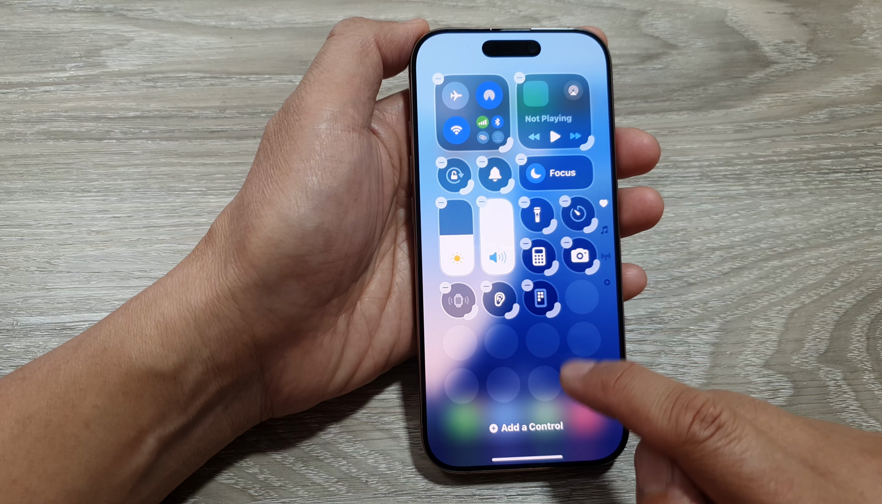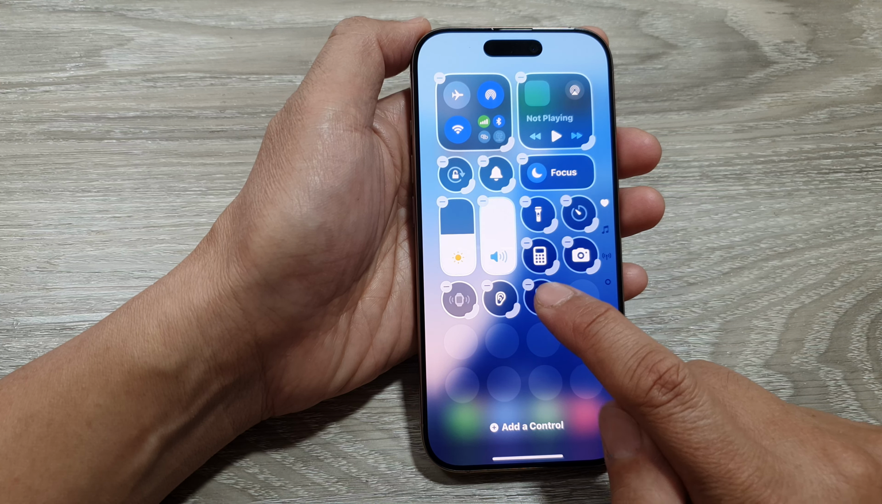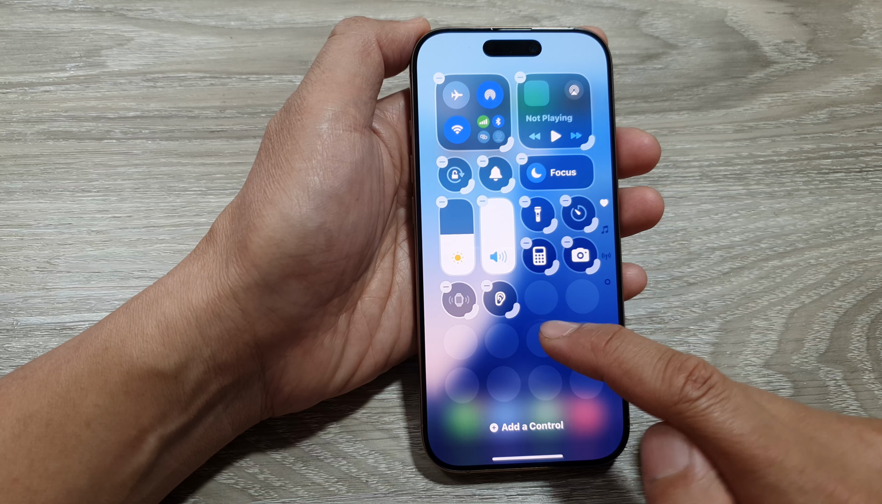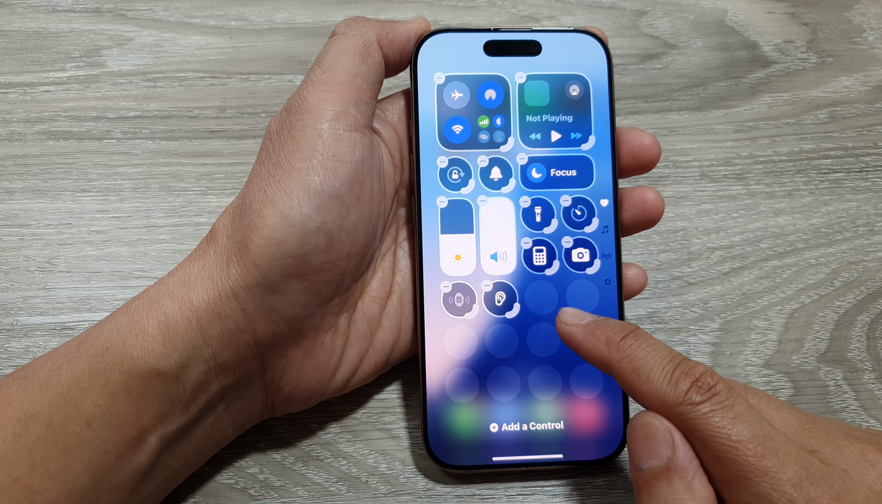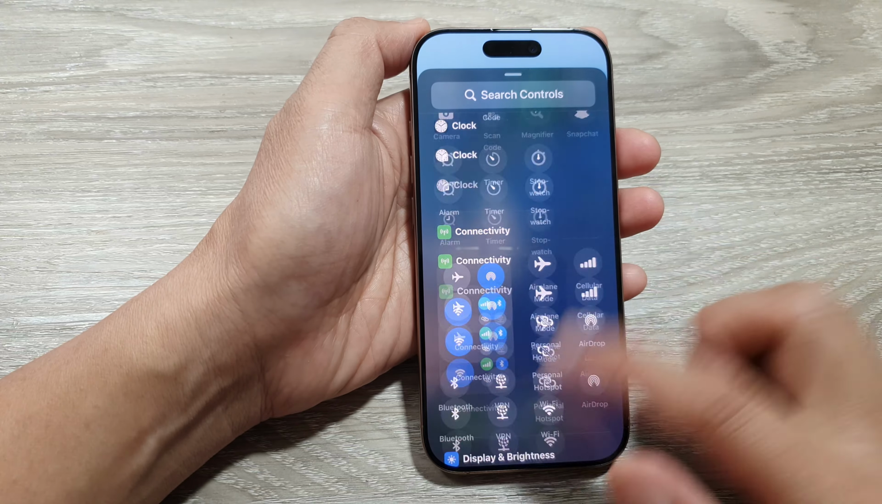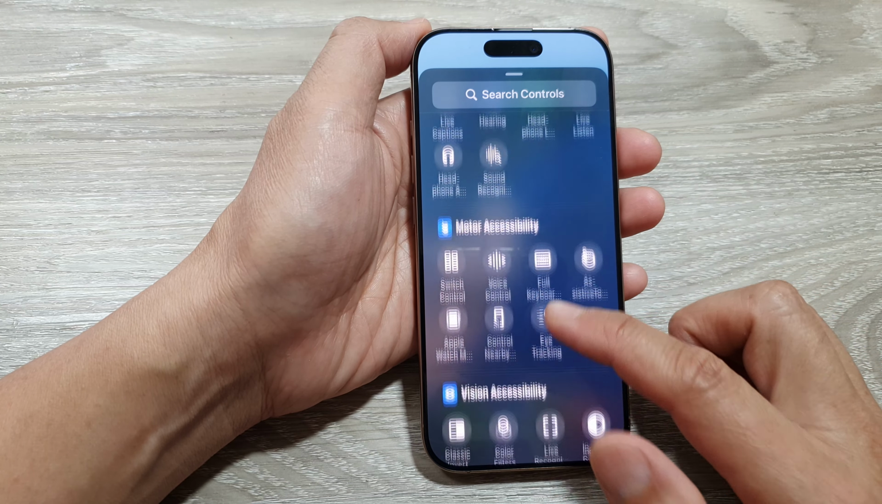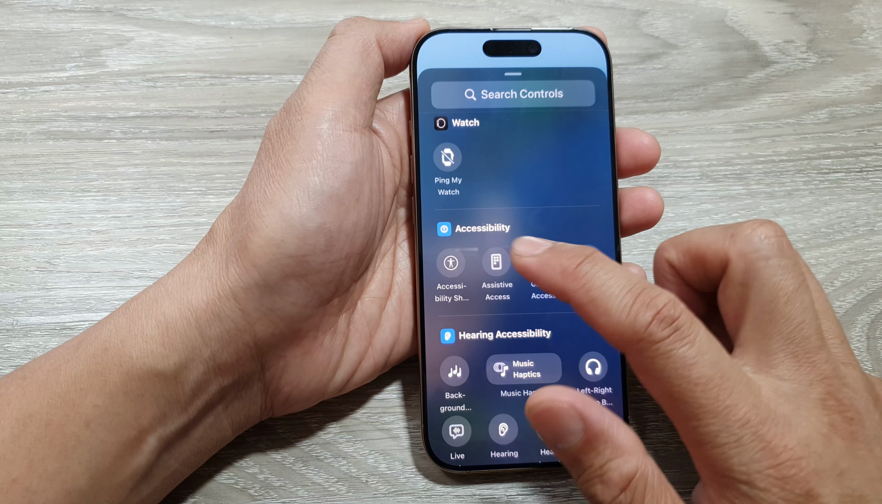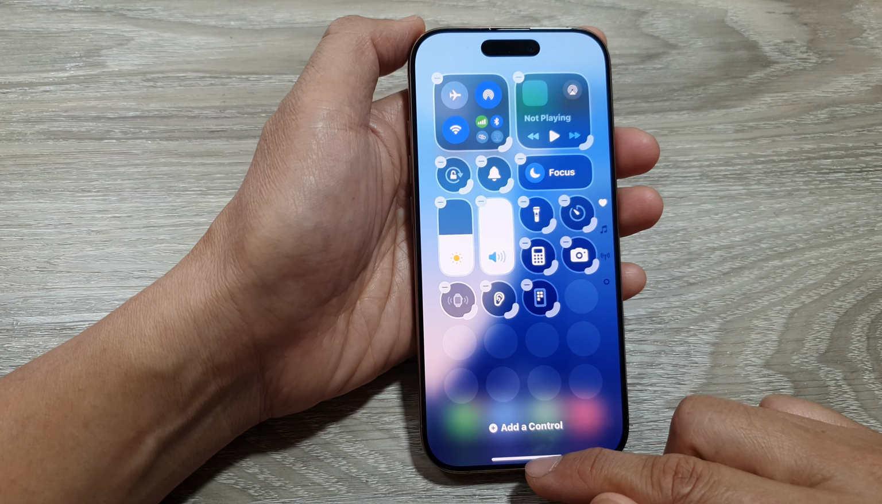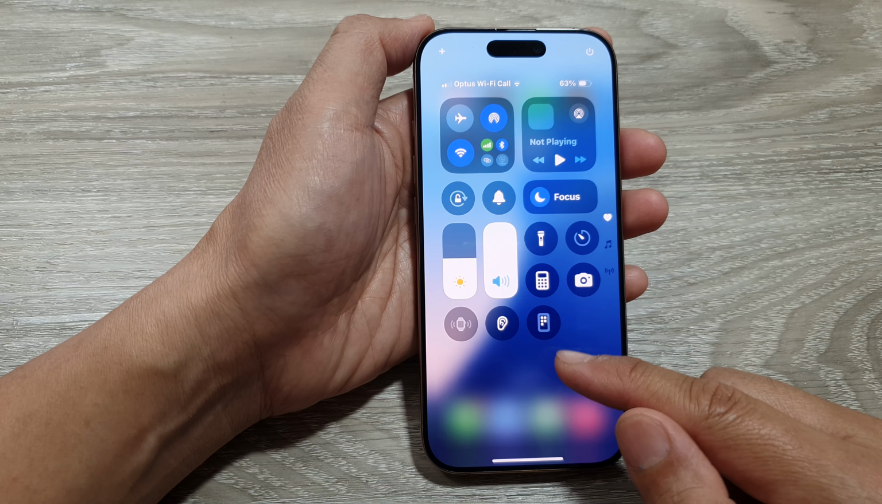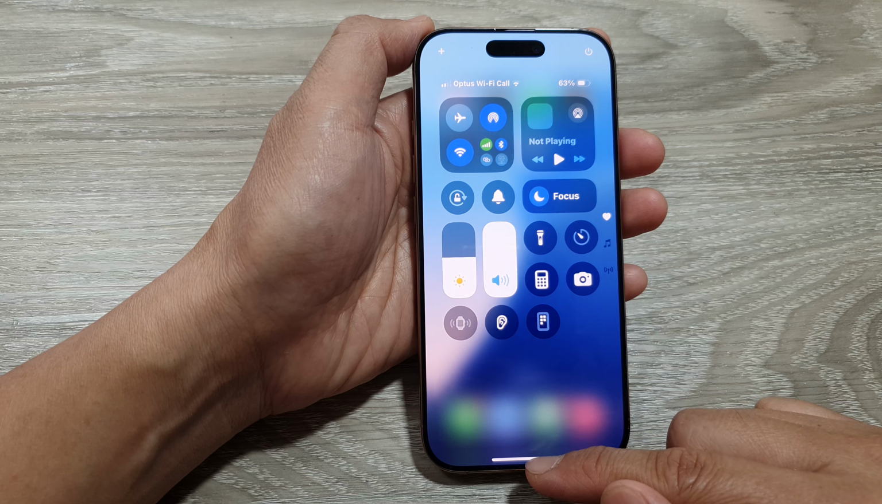Now, if you want to remove it, you can tap on the Remove button on the corner there to remove the Assistive Access control. So we go back in here and let's add it back in. And that's it. Now swipe up to close or get out of the edit mode, and then swipe up again